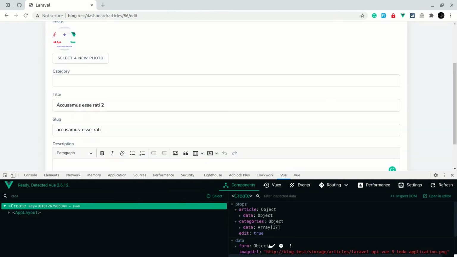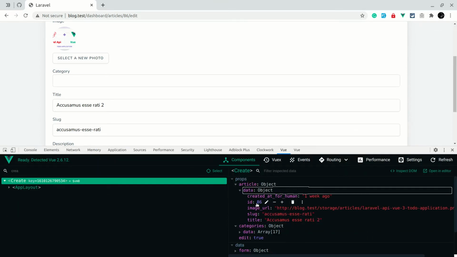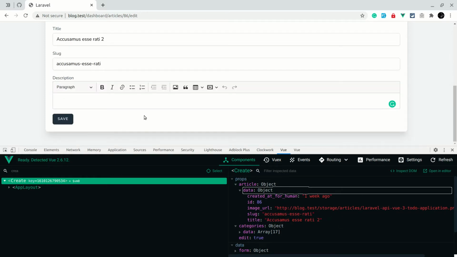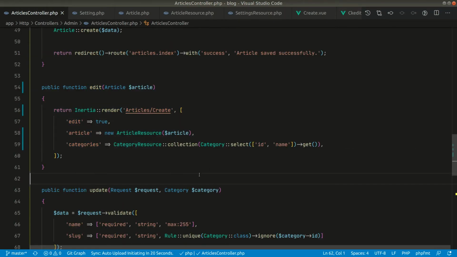inside the create component. So inside the articles data, here we don't have this category ID and this description. So now let us go to the article resource and pass that. Also let me increase the font size here.